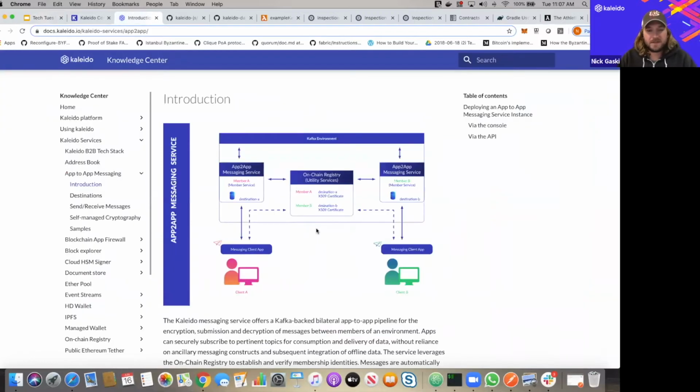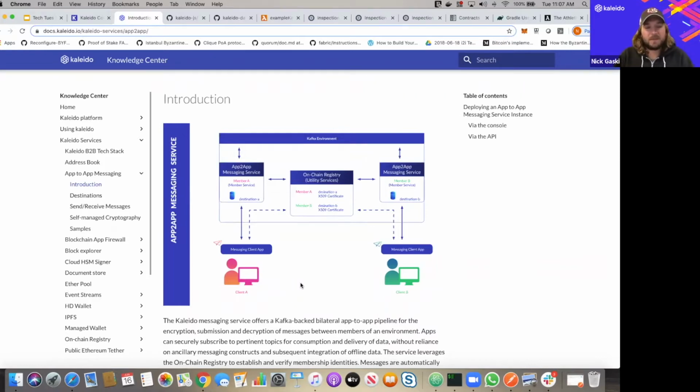So like I said, what we're going to focus the majority of the time on today is this app-to-app messaging service. And this follows a very similar flow as our private document exchange service, where we have the ability for different programs, different client applications to securely communicate with each other. So this could be just an ACK-NACK, this could be a finance, this could be I guess a litany of circumstances where we don't need large payloads being transferred, but we need small, frequent messages being exchanged across your business